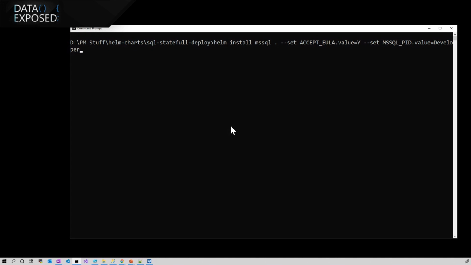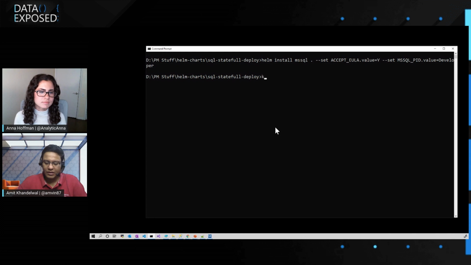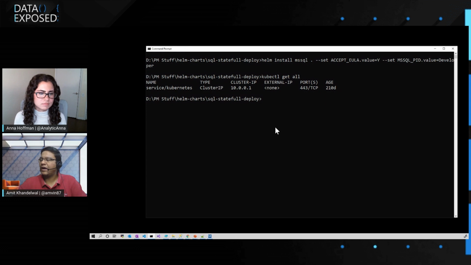I'm basically going ahead and deploying 3 SQL Server instances, all using their own PVCs, which means all of them are using their own storage. And all the three SQL Server instances will also have the MS SQL config file attached to them with basic configurations set, and it's given to all the three SQL Server installations. So when I run this command, before I run this, I think I should first show you that right now I don't have any resources at all in my environment.